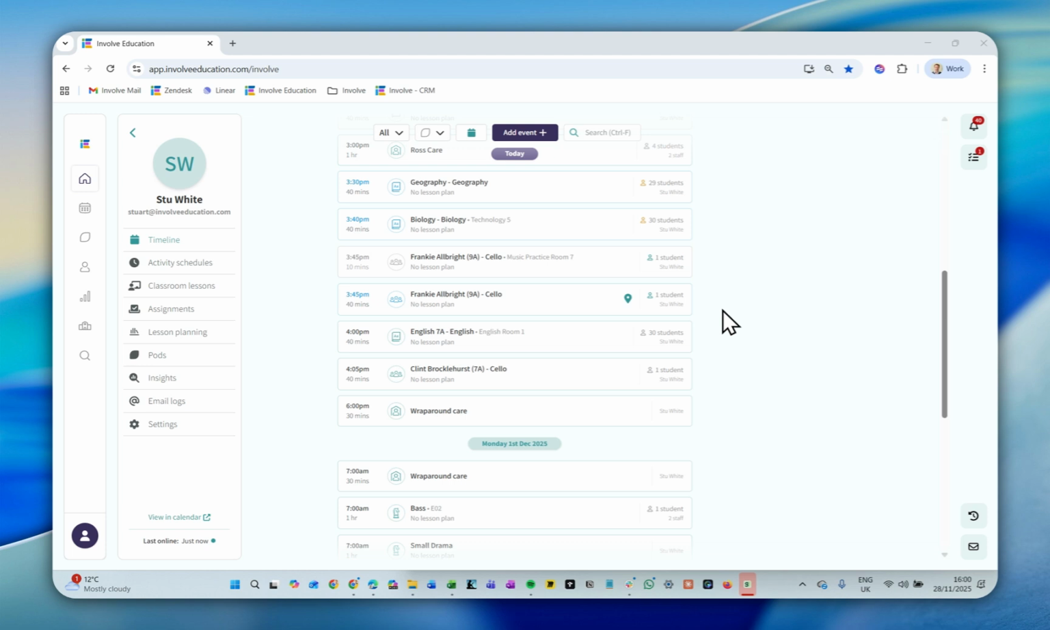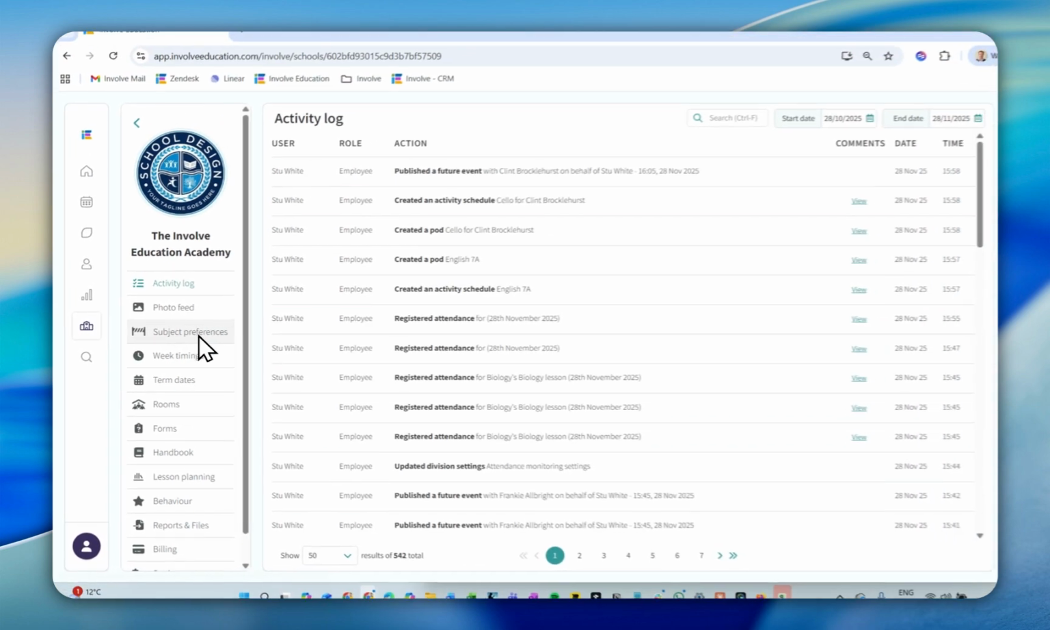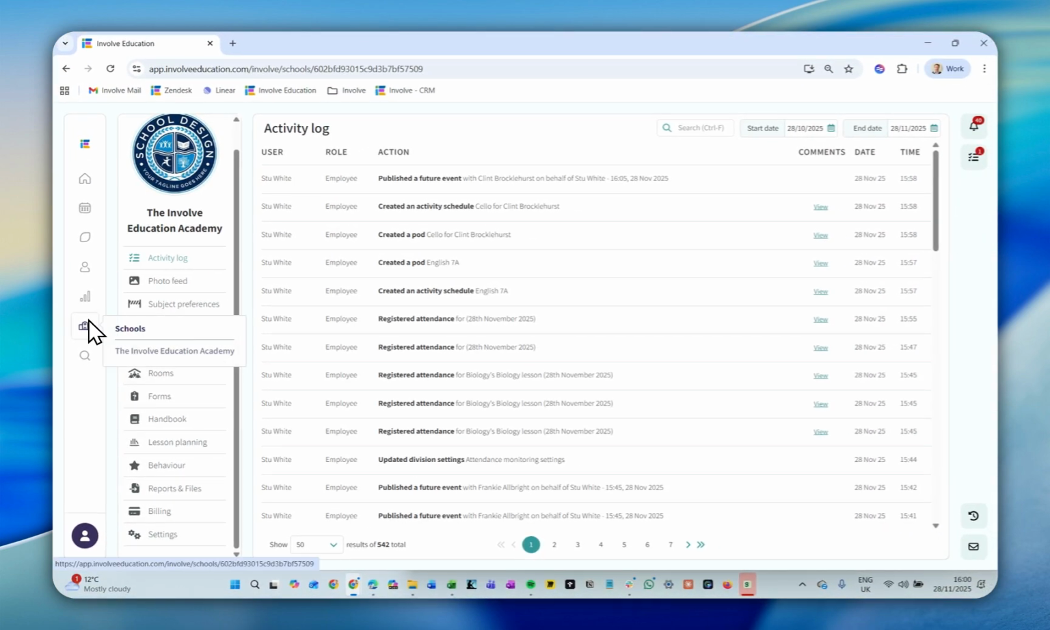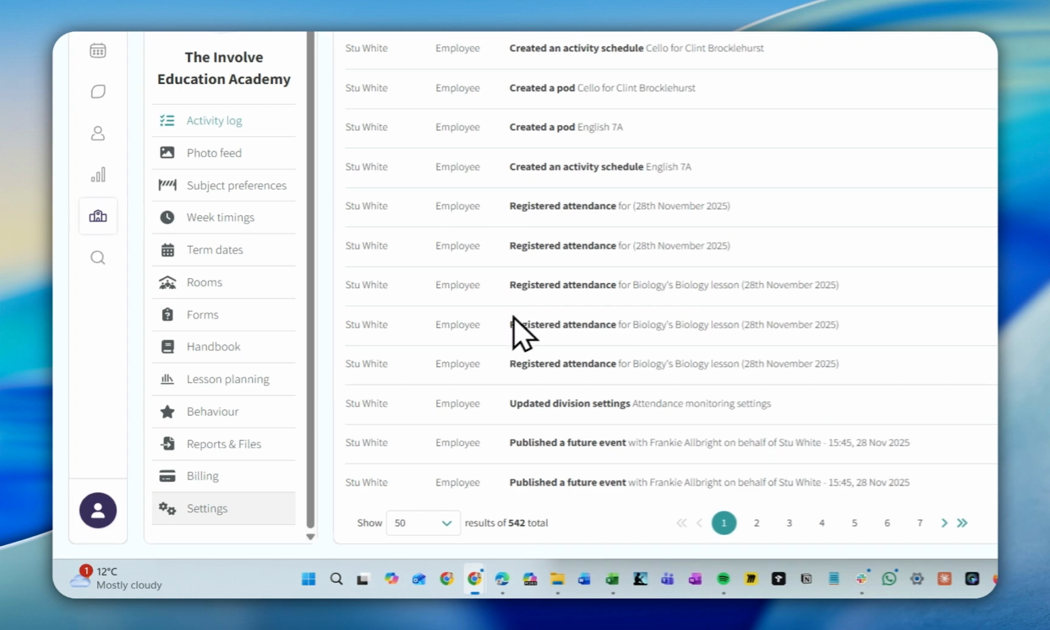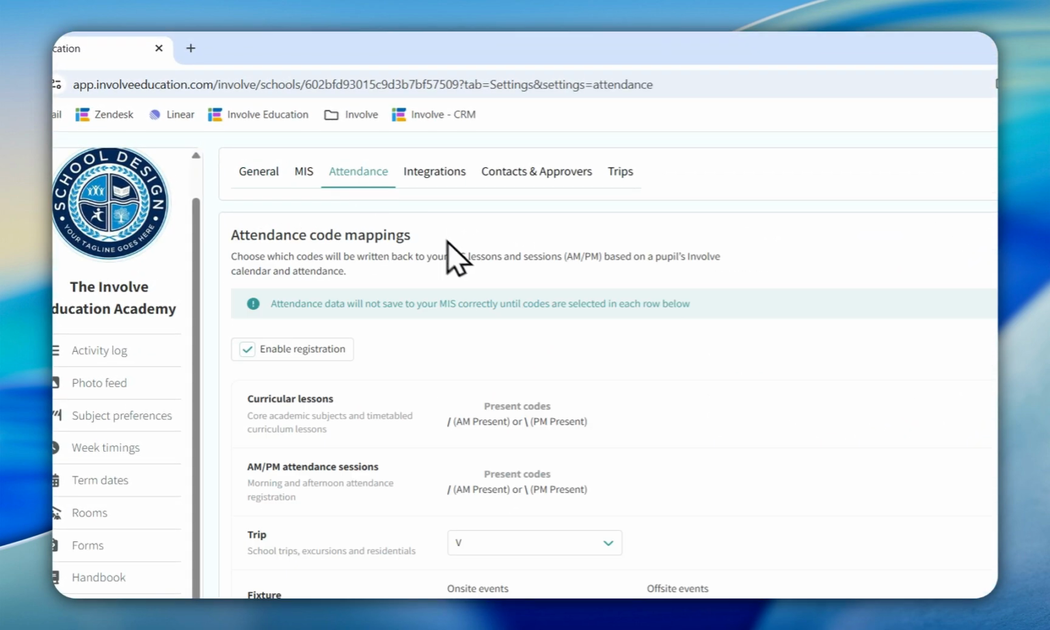In this demonstration, we'll be having a brief overview of 3D attendance and the power that that brings. The first thing that you'll want to do is make sure that the settings are all correct for 3D attendance to work. For that, I'm going to my school settings, and under that, I'm clicking on my attendance area, where